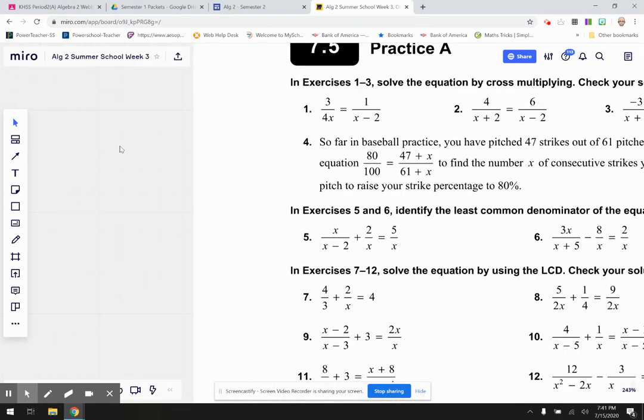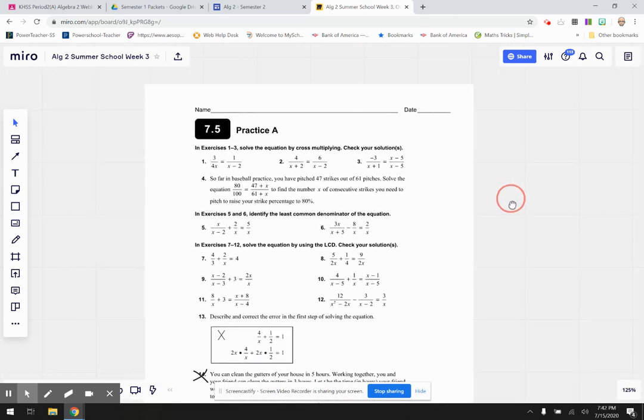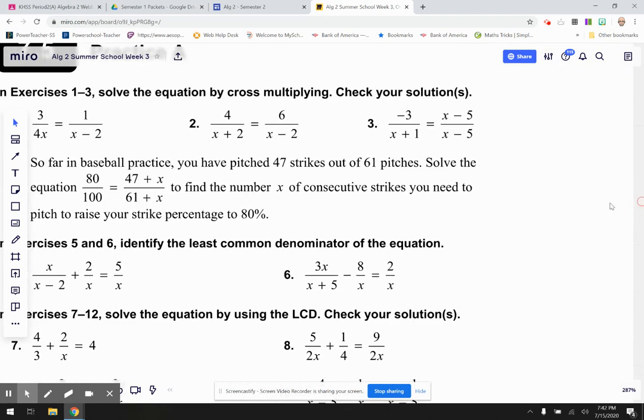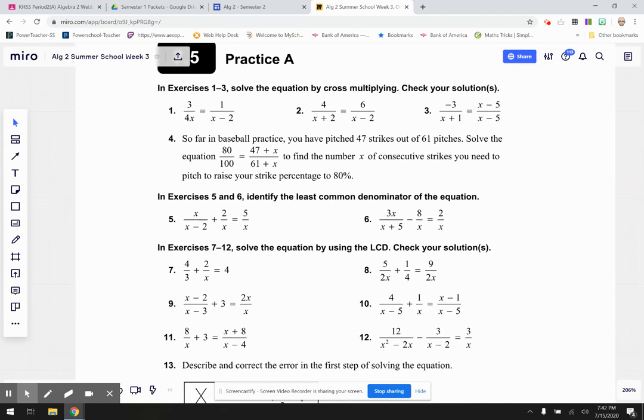So let's start out. It tells us on the first three exactly what to use. It says we are supposed to use cross multiplying. Okay, so let me center this so that we can see it good. Okay, there you go. Right up there. All right, so let's look at the first three. Cross multiplying. I'm going to circle or box that just so we know that that's what we're supposed to be